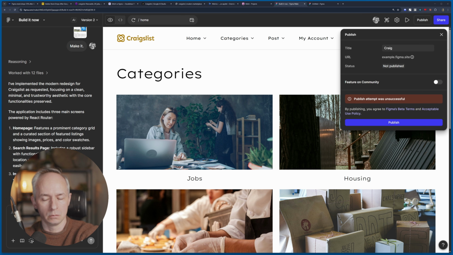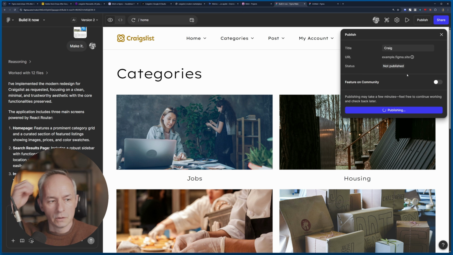Okay, so the publishing in Figma was not that easy actually. As you can see, it was unsuccessful and it's asking me to do it again. So I'm gonna give it another chance and do it again. Hopefully it's gonna work. If you guys have to go through this every day if you're using Figma, just drop me a comment. If that's the case, I know I have made the best decision I could have two years ago and just stop using this tool completely and the ecosystem and just move to use Miro and Cursor